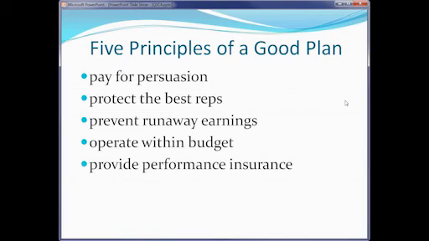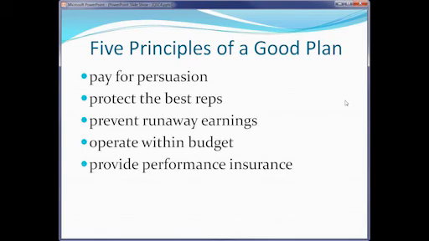A lot of things that we do in sales have to do more with our tradition or history than this one basic fact. And we lose sight of this kind of thing where we have an account territory and somebody leaves or retires, and then we find somebody else and plunk them into the territory. And at the time, we're just hoping that somebody's going to take over the territory and keep it alive and keep it going. And really, the purpose of a salesperson is to go out and change the nature of a territory. So we always want to believe that we're paying for persuasion. We're paying salespeople to persuade our customers to do something different than they're already doing. And that's where the biggest part of the money should go.